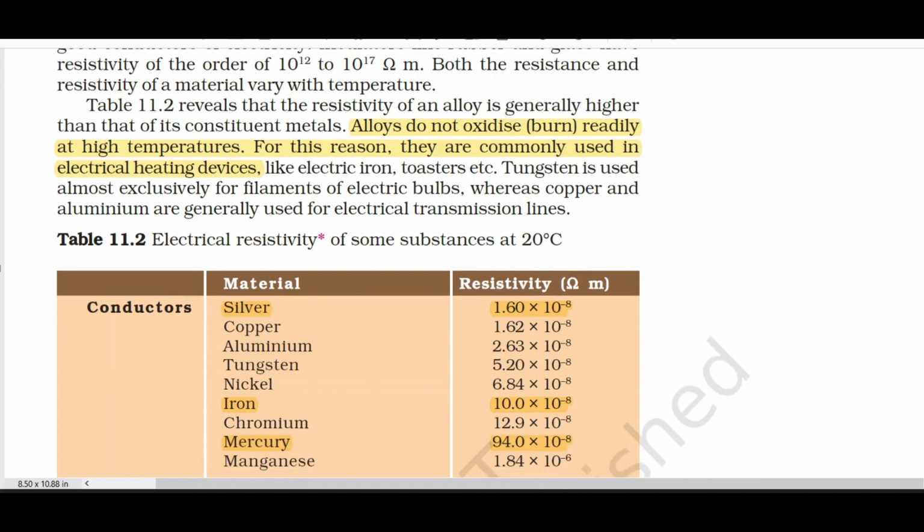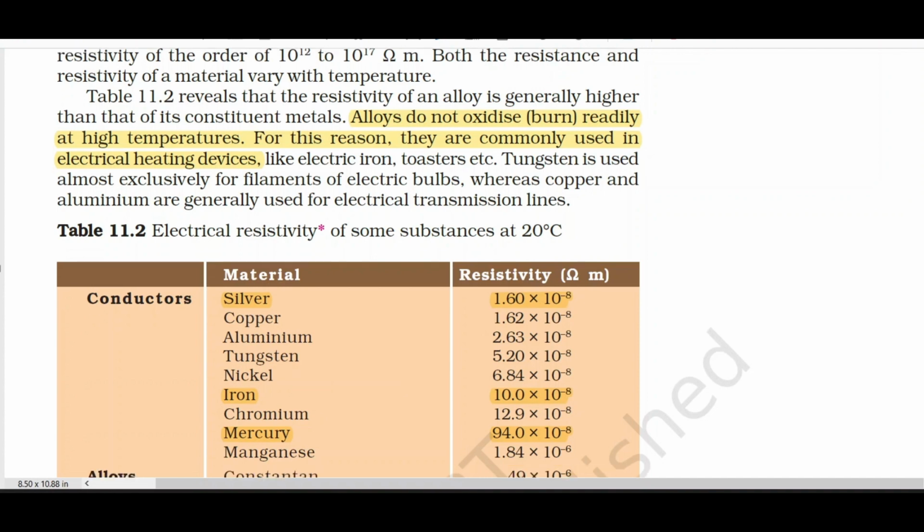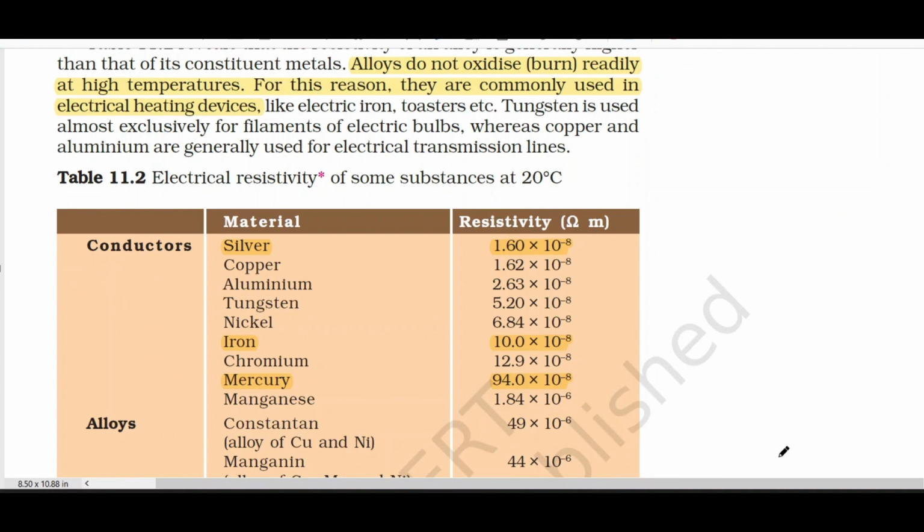ओके, तो यहाँ पे हमें एक टेबल दी गई है which gives the values of resistivity of an alloy, and it shows that the resistivity of an alloy is generally higher than that of its constituent metals. Alloys do not oxidize readily at high temperatures. For this reason they are commonly used in electric heating devices. तो हम ये देखते हैं कि alloys की resistivity generally उसके constituent